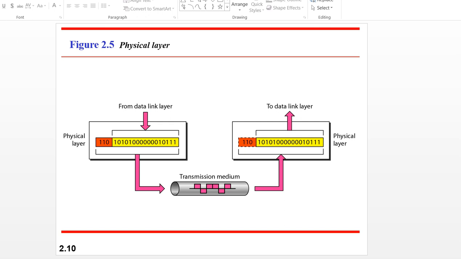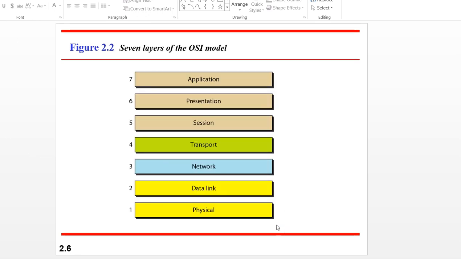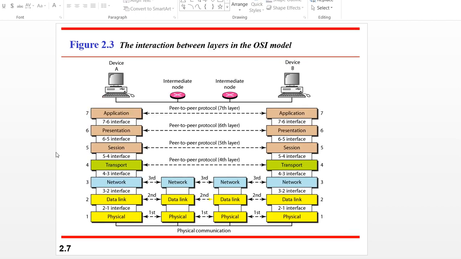I started from the explanation of the physical layer, but usually data comes from the application layer, because that is where the user is. That is where the user actually uses the system, and that is nothing but the application layer. Obviously at the receiver side also, where there is a user, that is the application layer. That is explained with the help of this diagram, right?